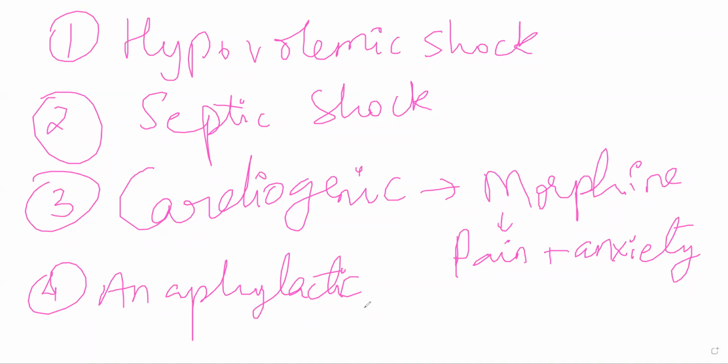Generally in patients who have anaphylactic shock, you have to give adrenaline, as their BP will plummet. Okay? So you'll have to give a vial of adrenaline, generally 0.3 to 0.5 ml of adrenaline, 1:1000 concentration. You can give it intramuscular. Generally intramuscular is given, IV less often. If you don't have an option, you can give IV as well. Generally IM is given. Then lastly, the fifth type is neurogenic shock.